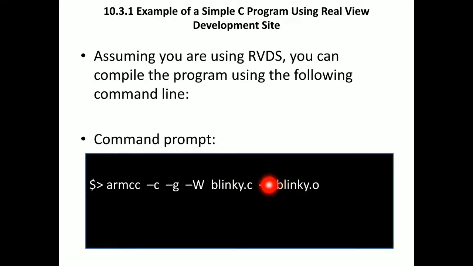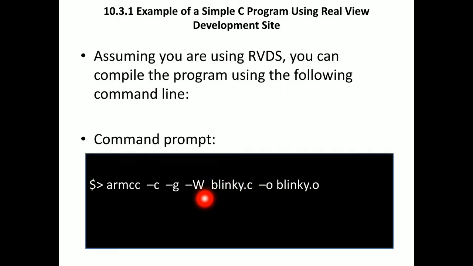If you omit this, it will generate the object file right after compilation. So we need to identify that object file for further operation. So we need to name the object file also. That option is also there. If you name the object file, it is easy to identify that object file for future applications. So we need to mention the object file name also. -o is to name the object file. So we'll be naming the object file as blinky.o.